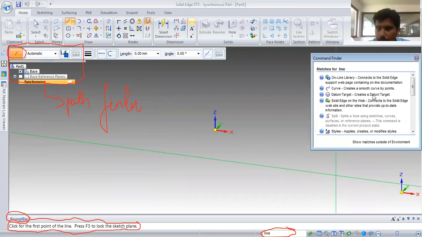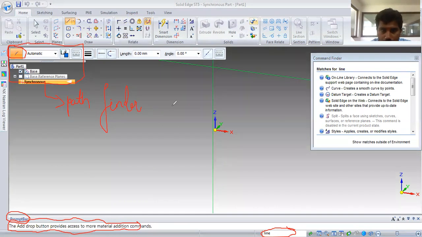You can see over here, I typed line in the command finder. It shows various commands. You will be seeing this one, the command finder.